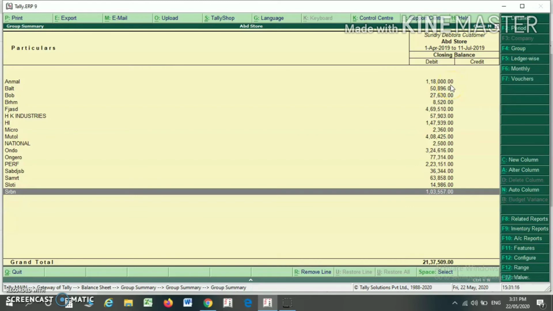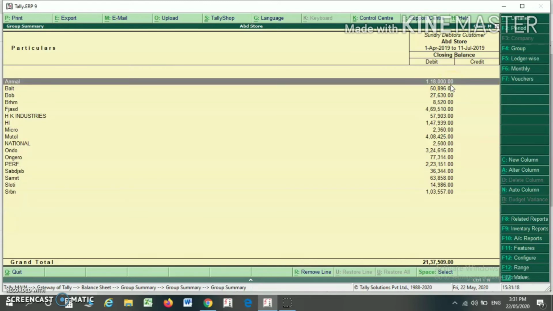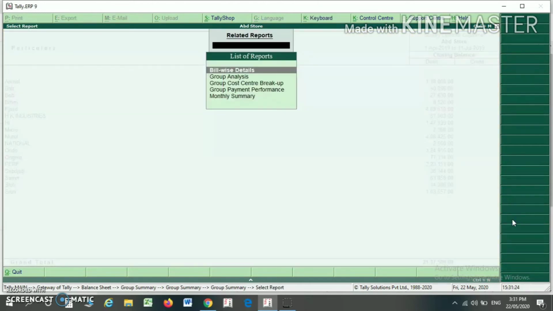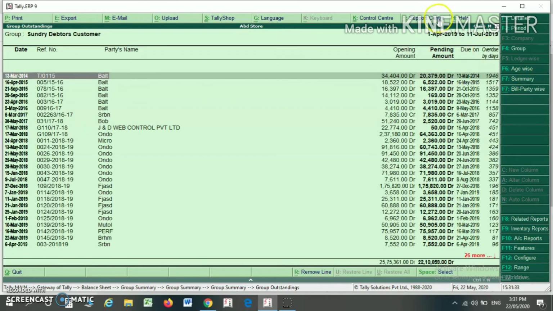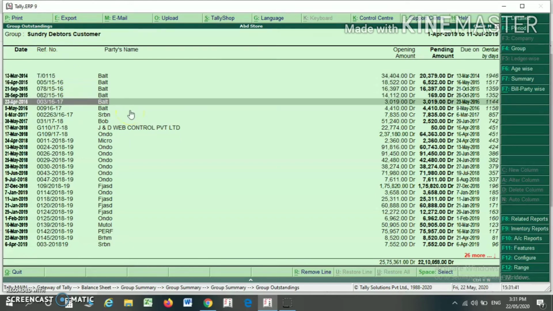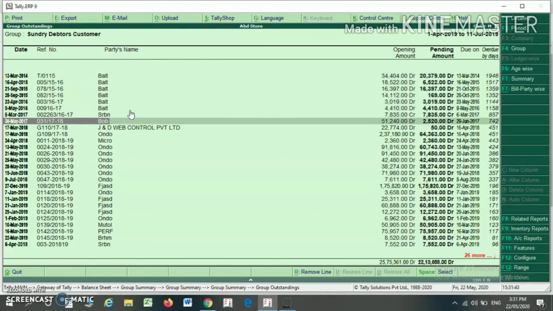Suppose you want to see the group-wise related reports, then just press F8, select bill-wise detail here. Now further select F7 bill-wise. You will find the group outstanding for my sundry creditors party-wise. This is my party-wise as well as bill-wise group outstanding report.